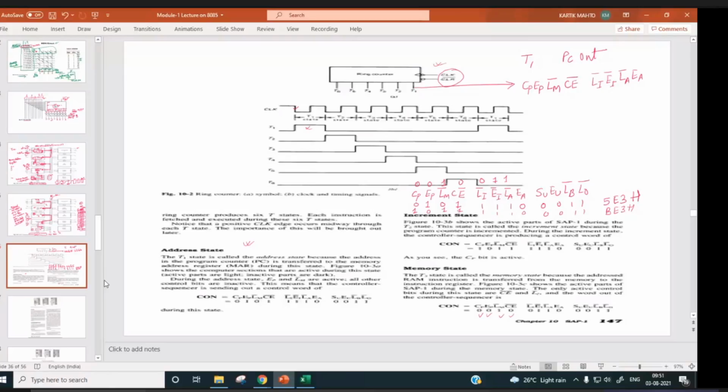This will be 1. This will be 0. Right. Then 0 0 1. So it will be 0 0 1 1. So our this will be 2, 6, 3. So during T3 it will be 263H.